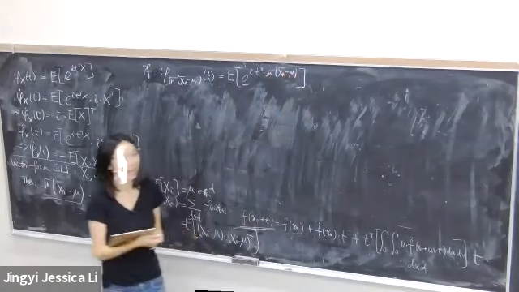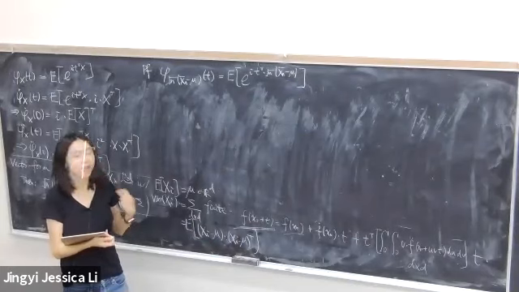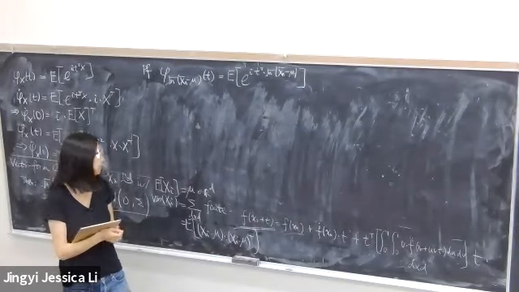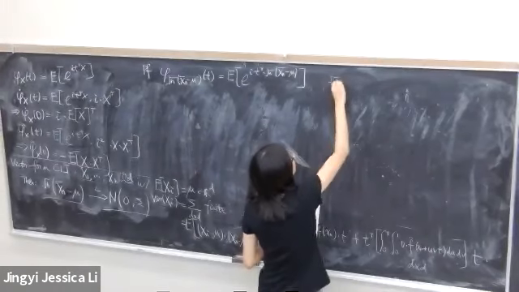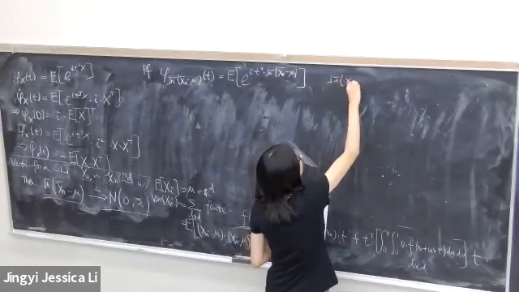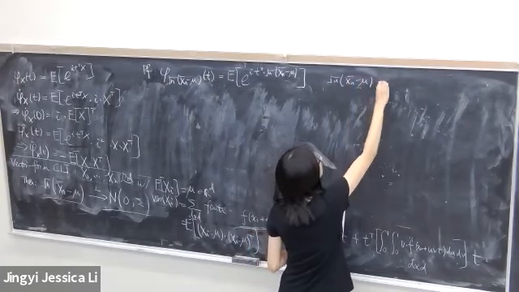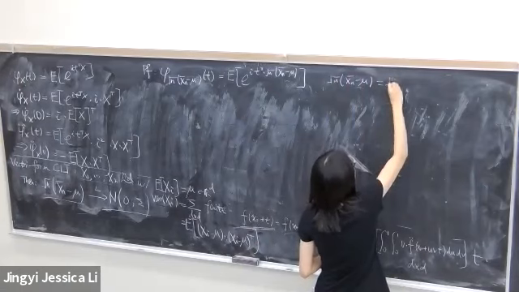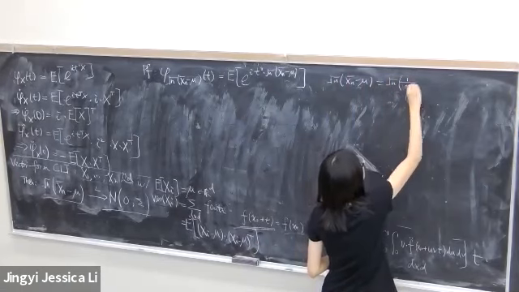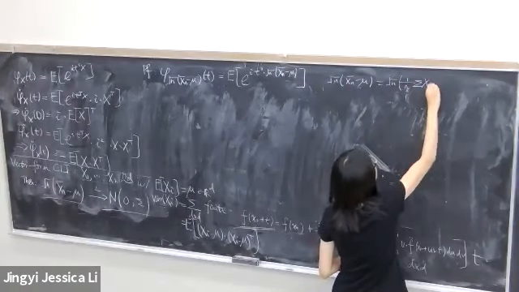And don't forget, what is my Xn bar? This root n times Xn bar minus mu. If we write out the definition of Xn bar, it is 1 over n summation Xi